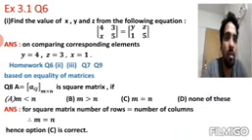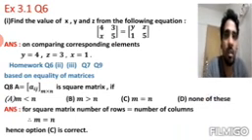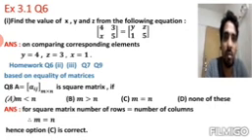Now based on this concept, we have a few problems from exercise 3.1. One of them is question number 6: find the values of x, y, z from the following equation. The two 2 by 2 matrices are equal, so LHS and RHS we can compare. If you compare them, y is equal to 4, z is equal to 3 and x is equal to 1. Very easy question for 1 mark. Before the next question, homework: question number 6 second and third, 7 and 9 you can do by yourself on the basis of equality of two matrices.